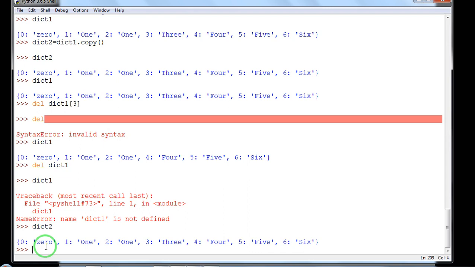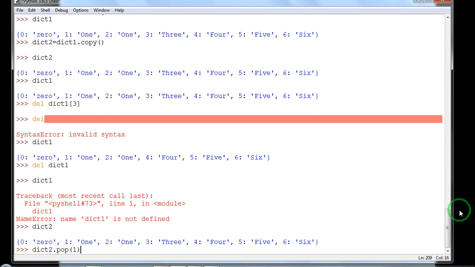For example, if I want to delete a particular element, I write dict2.pop(1). This is the method for deleting with pop. It will delete the element, or the value, which has key 1.